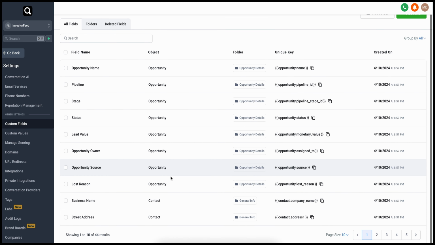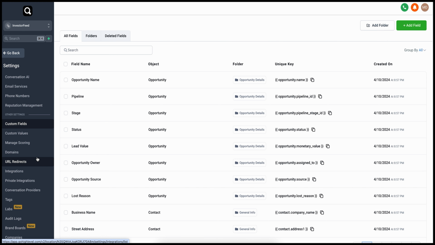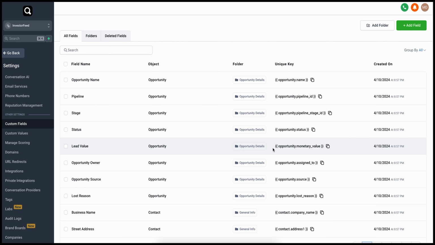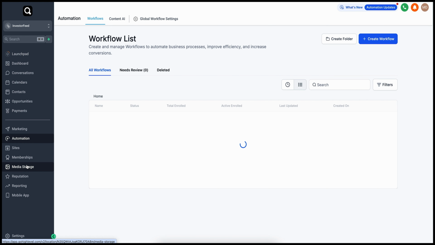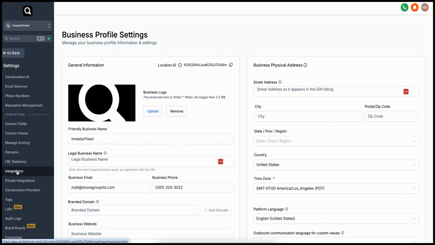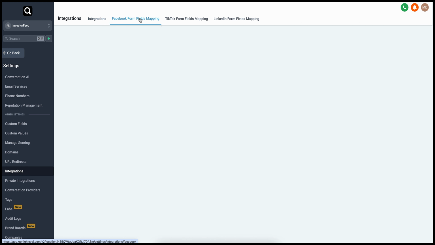I already have this custom field in mind, so I don't need to do that, but for any custom field that you're going to be utilizing in your instant form, you want to make sure that those are already set up. So whether it's a drop down, whether it's an open-ended question, whatever it is, you want to make sure to create that custom field here so that you can select it once you actually map the fields in your InvestorFeed CRM. So next thing here, let's go back to integrations, Facebook form fields mapping, then select the specific instant form field, map fields,